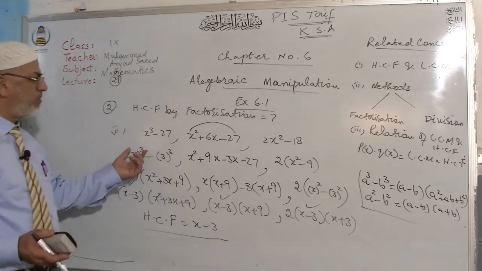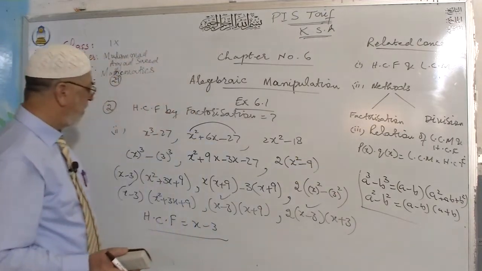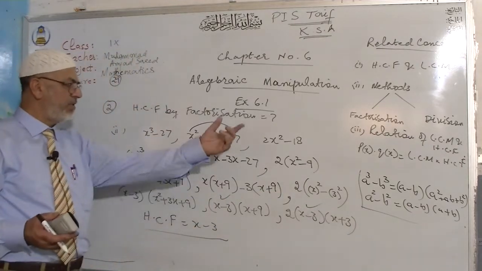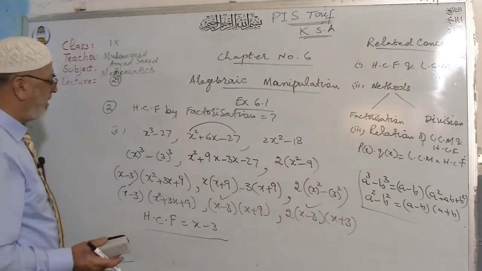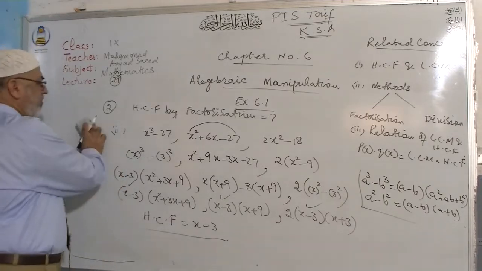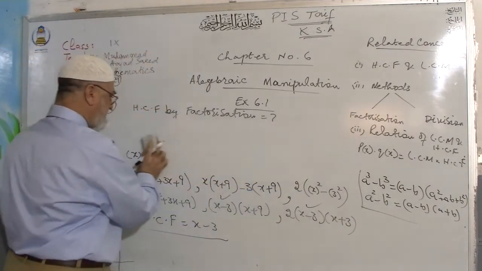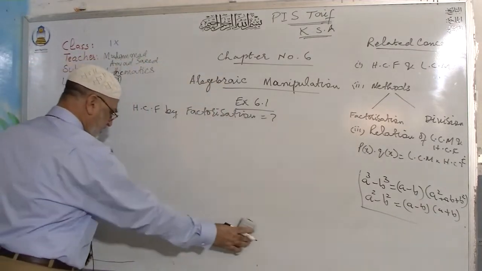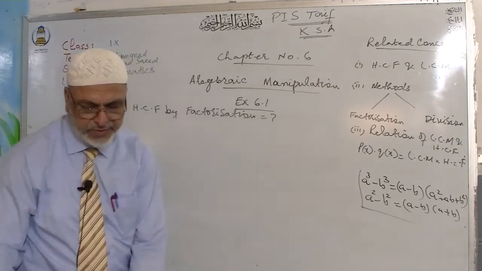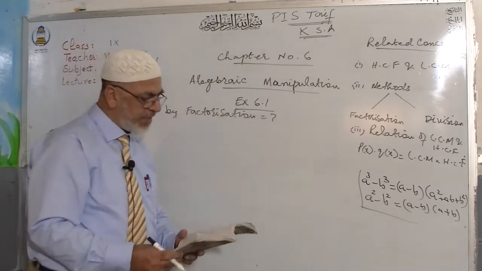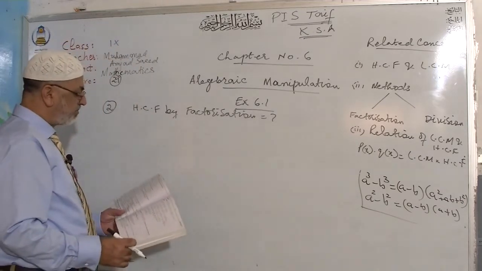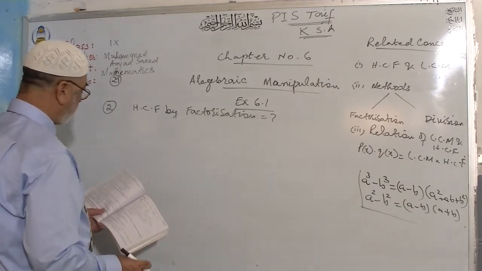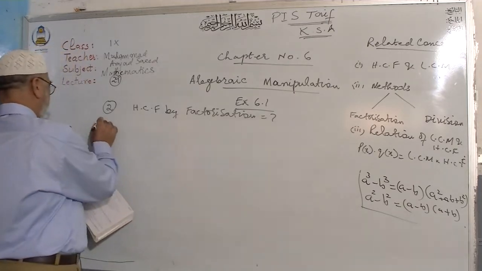We have used this formula a cube minus b cube here. And secondly, a square minus b square in the formula. And here we split it up. We made the pairs and applied the PQ method to solve that. And because x minus 3 was common in all, that's why it is the highest common factor, present in all values. After that we have part number 4 or 5. So I think we can solve part number 5 from here.